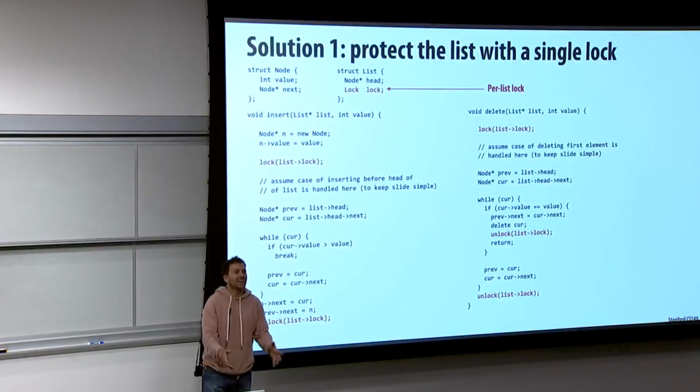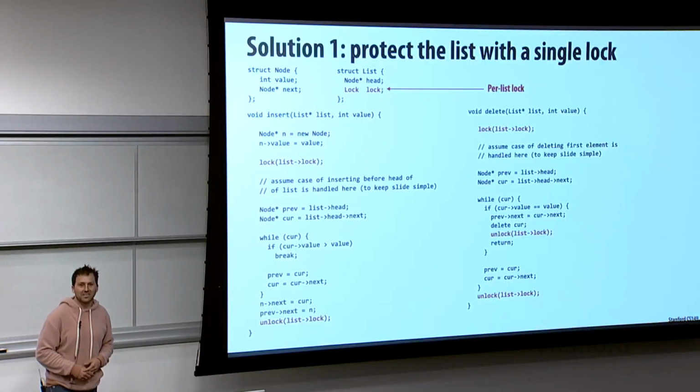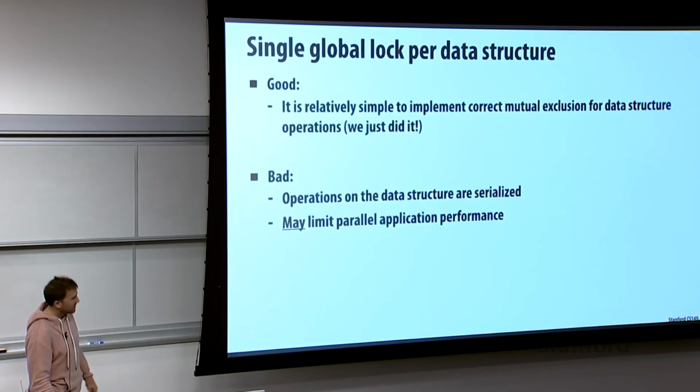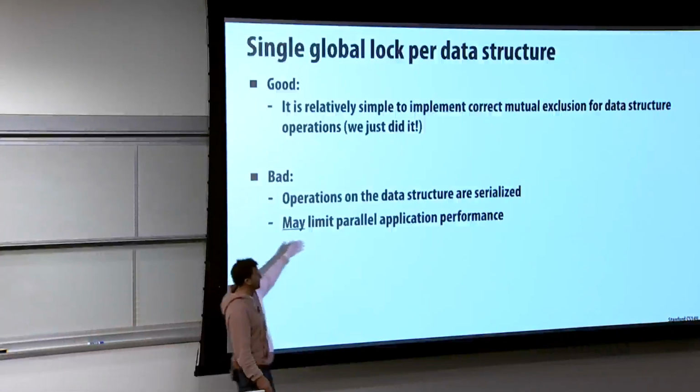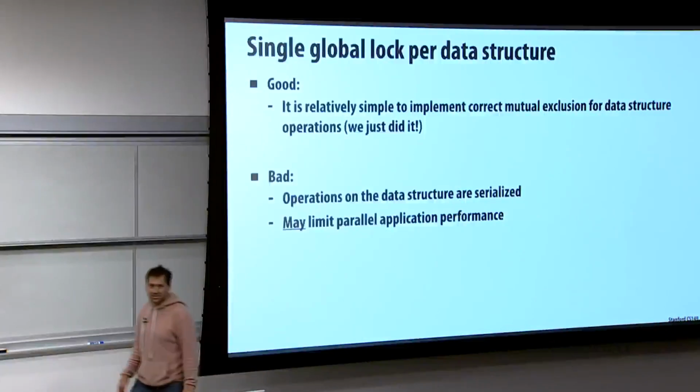The entire access to the data structure is serialized at this point, and that's going to be trouble. Why even spawn these threads in the first place, right? Good. So that may limit parallel application performance, and if most of your performance was in the data structure, it's definitely going to limit it. You may not care if most of your